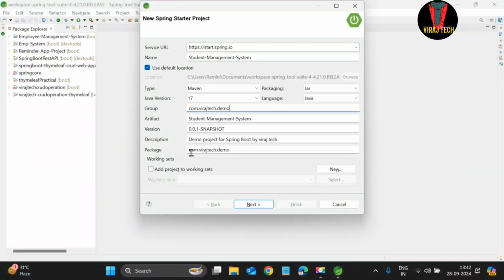This package name and the artifact group name both are the same, so leave it empty. After that press next,